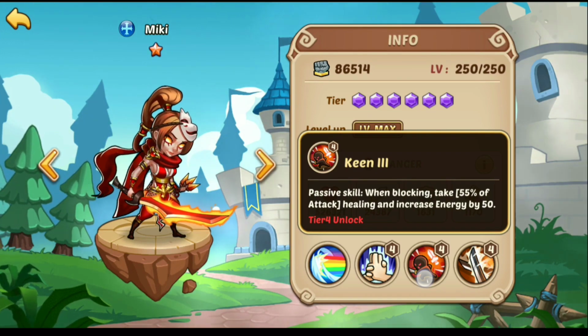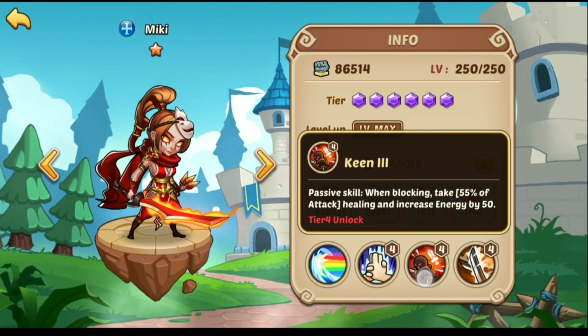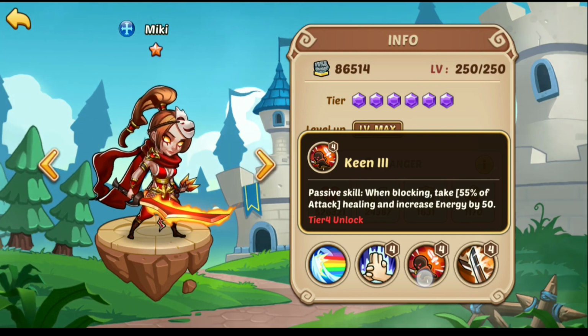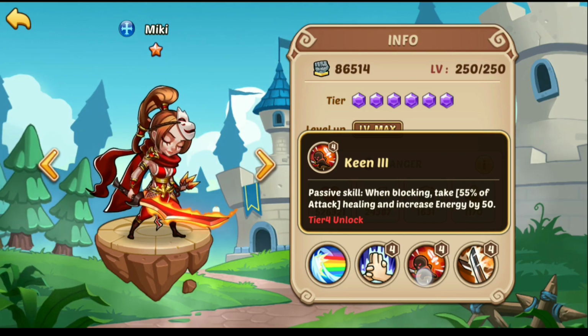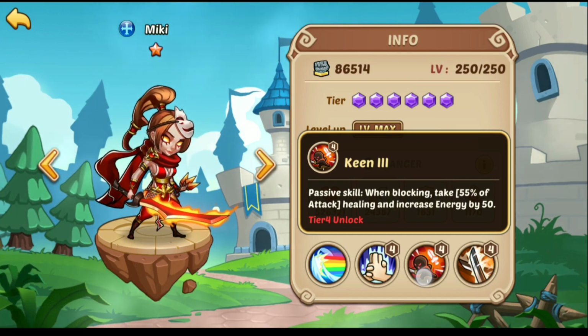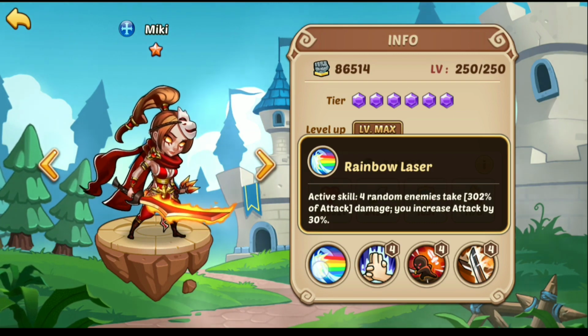However, see, this is one of the big changes made to Mickey. I believe she used to have a much bigger heal when she blocked, but there was no energy added. What this does is it might sound like, well, that's not that great. Her heal sucks now. Well, think about it. Every time she blocks, she gains 50 energy. She blocks 2 attacks in a round, like if she's your 1 slot, she's going to guaranteed cast her active skill the next turn, which is in turn going to not only do more damage than her regular attacks, but